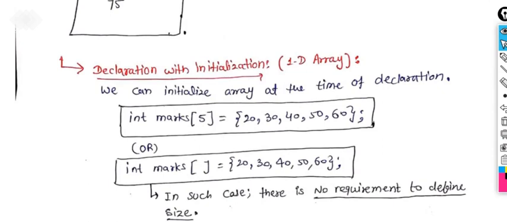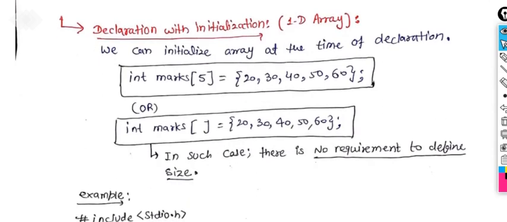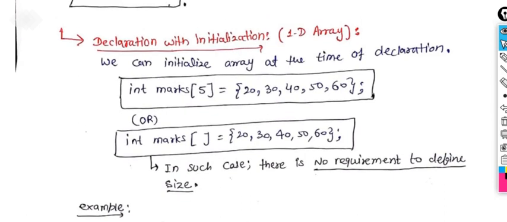There are multiple ways to declare or initialize the array. As we know, declaration and initialization are also possible simultaneously. Parallelly, you can assign both things in a single line of code, right? So here, with an array also it is possible. Here we are declaring an array of int data type, marks, and 5 is the size of the array variable. With the help of curly braces we are assigning all the 5 values one after another. So along with the declaration we are providing the initialization part also. That's why it's known as declaration with initialization.